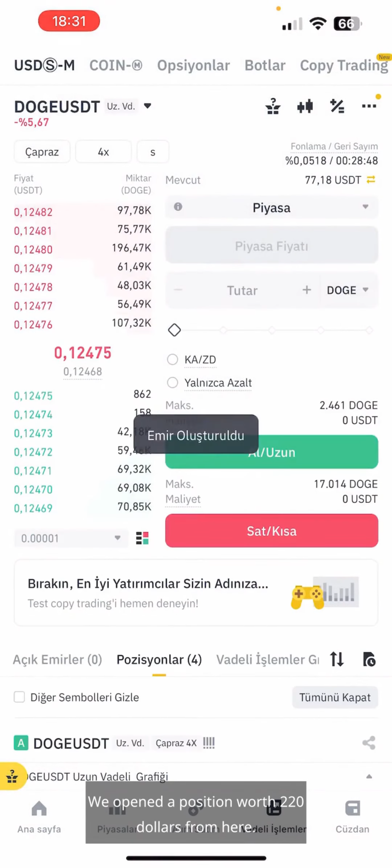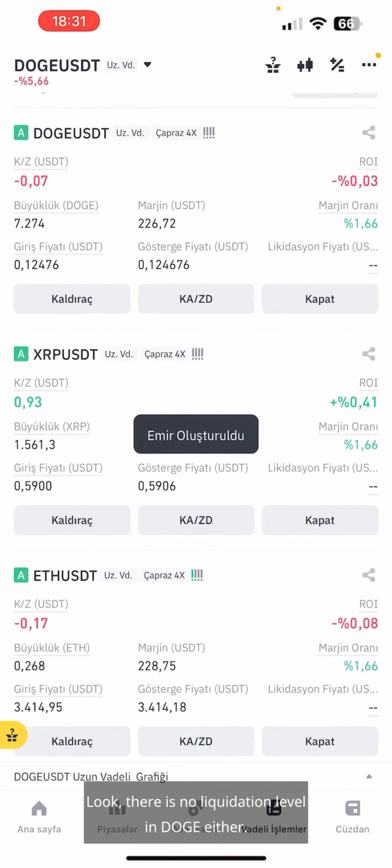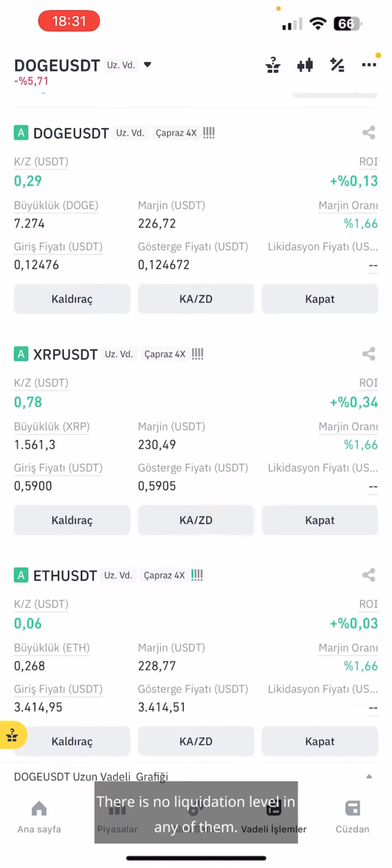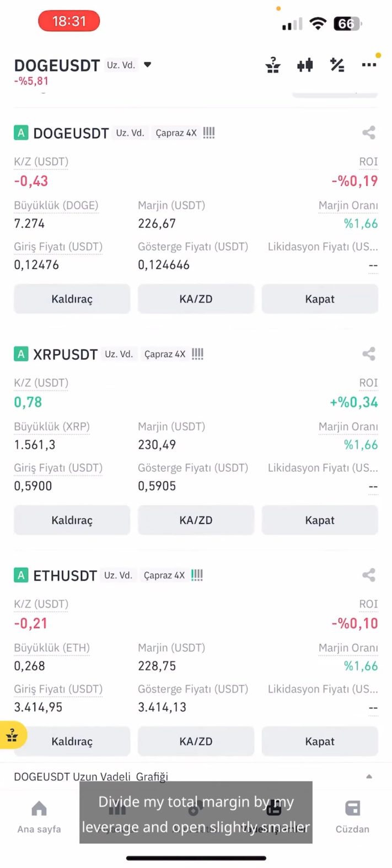We opened a position worth $220 from here. Look, there is no liquidation level in Doge either. There is no liquidation level in any of them. You understood the logic: divide my total margin by my leverage and open slightly smaller positions. When I open, my liquidation price doesn't appear, but this doesn't mean that